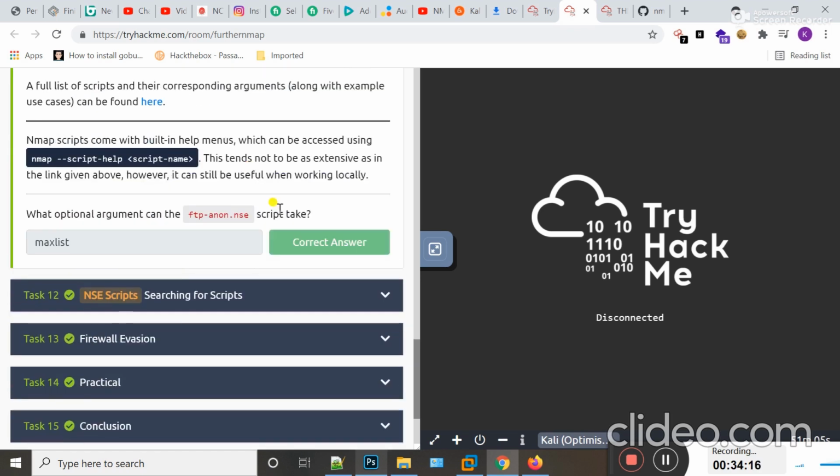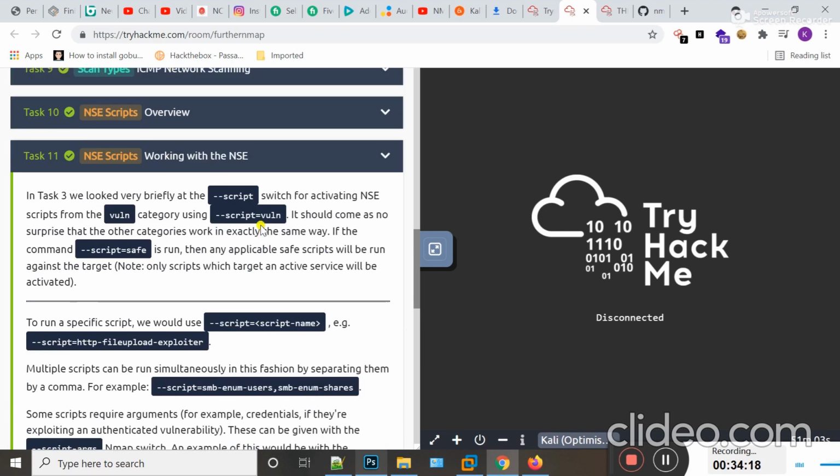Okay, next try to work with the NSE scripts. Here you can see, to activate any script you can use the hyphen script switch, and if you want to activate any script from a specific category, you can use hyphen script equal to the category name.